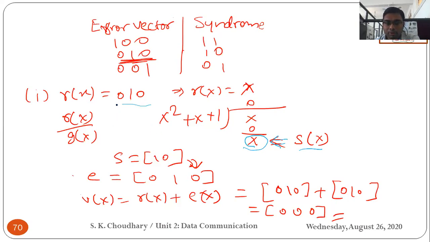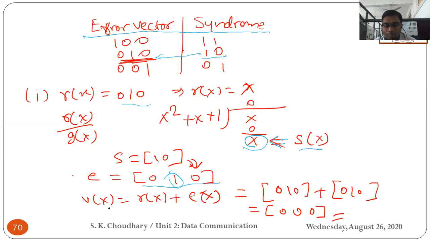Now just refer to this error vector and syndrome table. When you refer to this table, you have to find out that for syndrome 10, the corresponding error vector is what? 010. In this way, we have found out on which particular bit there is an error, and we have got that there is an error in the second bit.